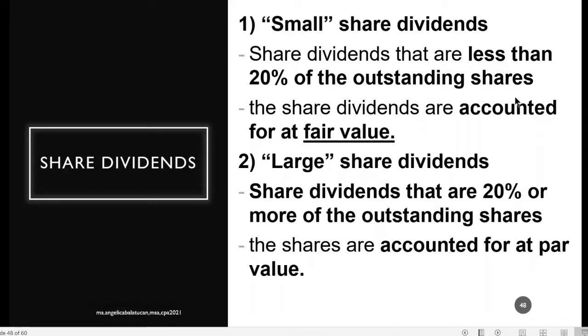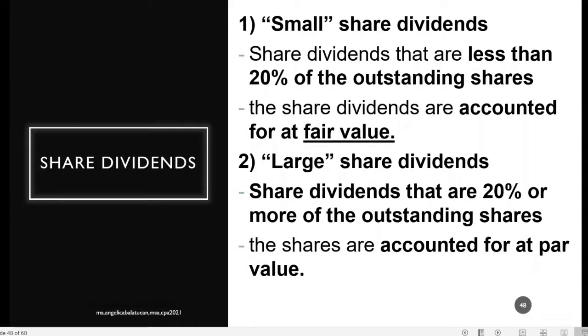And we already know how to get the outstanding shares, right? Outstanding shares is equivalent to issued shares plus subscribed minus treasury shares. So if it is less than 20% of the outstanding shares, the share dividends are accounted for at fair value. But if the share dividends is at least 20% or more than 20%, then the shares are accounted for at par value. So what do you mean by accounted for at fair value, ma'am, or accounted for at